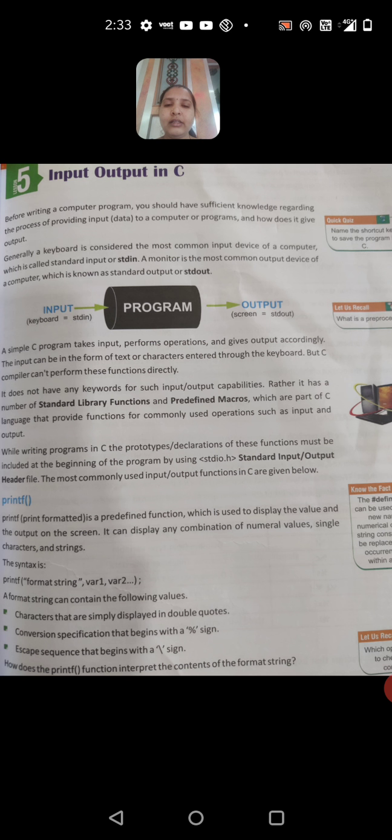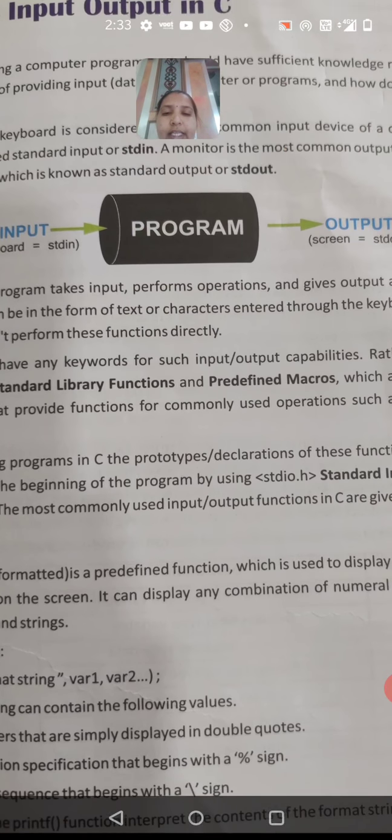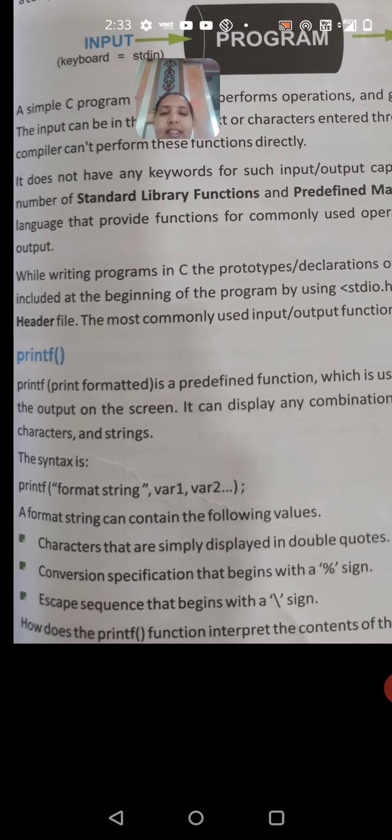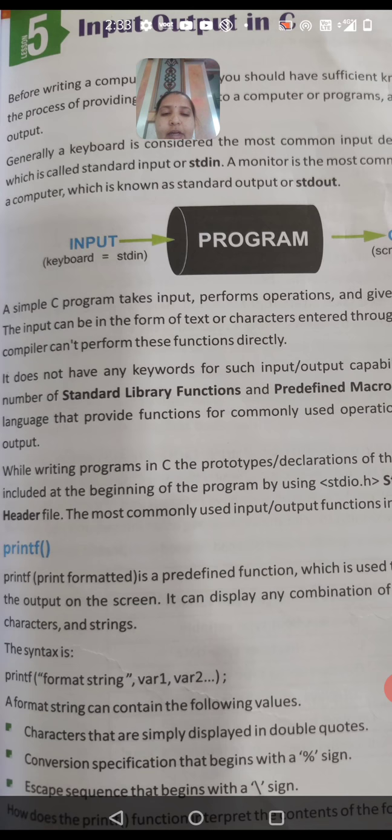Then it has some values. A format string can contain the following values. Those values are characters that are displayed in double quotes. As I said earlier, it should be in double quotes. See there, the format string will be in double quotes. Then conversion specification that begins with a percentage sign.